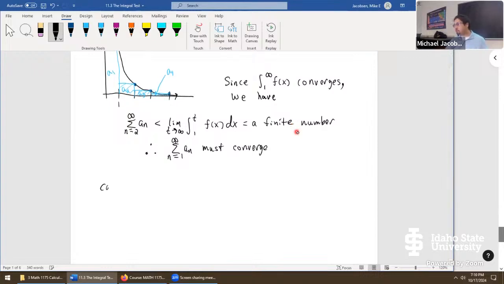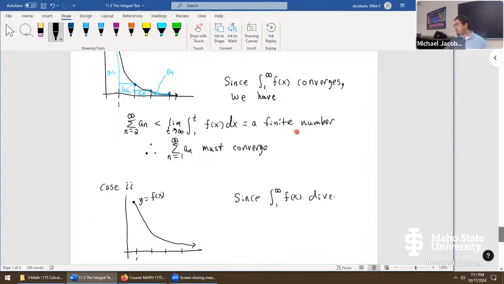So for case 2, let's let our curve go about like this. So we're starting at 1, and the curve is still positive and decreasing. That condition still has to be met, even if it's an improper integral that diverges. So here's y equals f of x. Let's say since the integral from 1 to infinity of f of x in case 2 diverges,